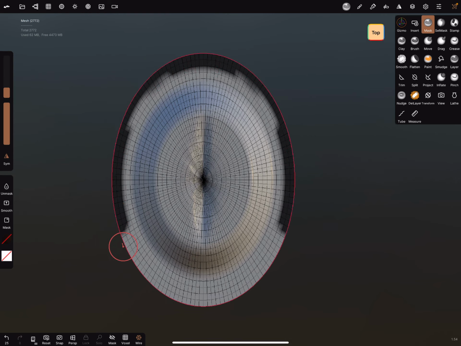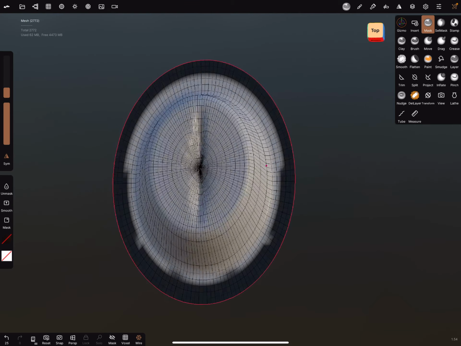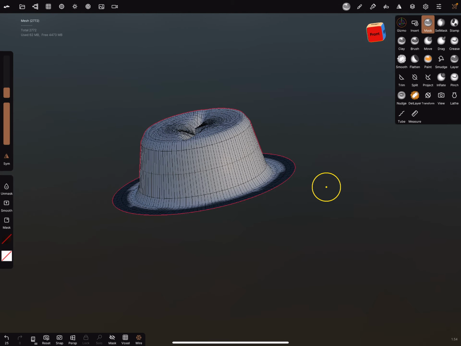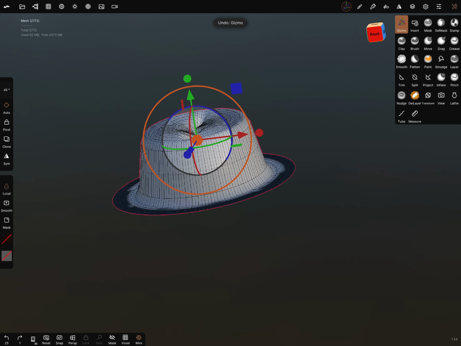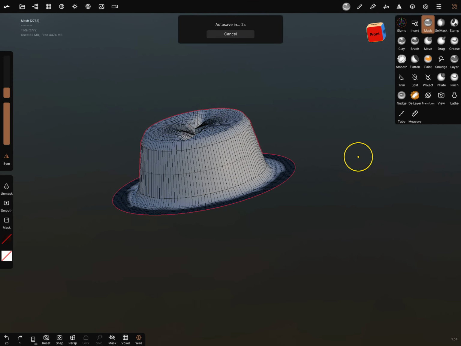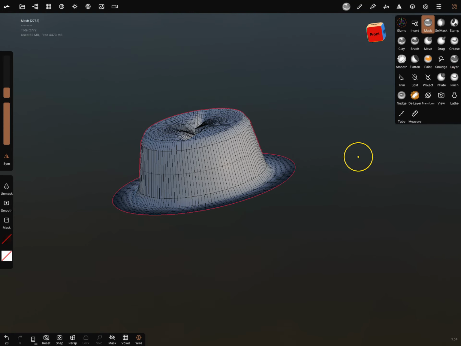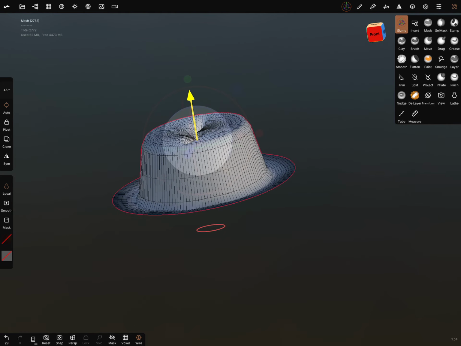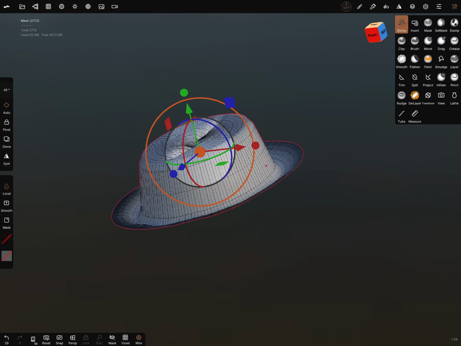We can make this and see what's happening. And we can try to blur it a little bit and look what's happening. And there you can make these effects.